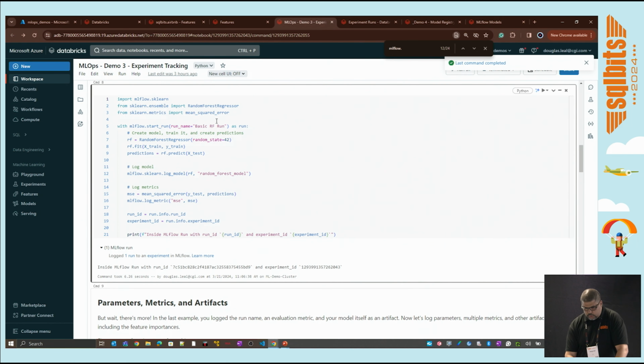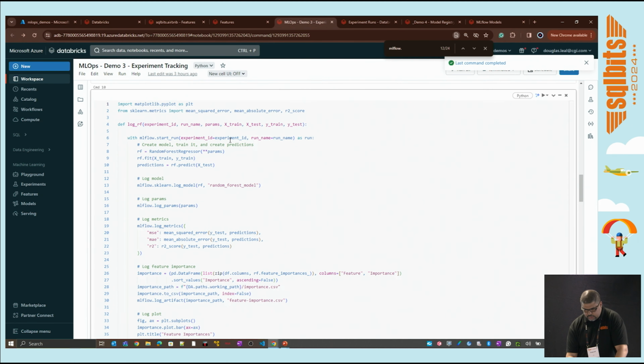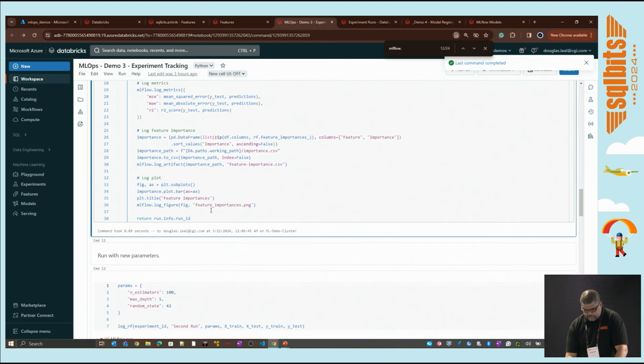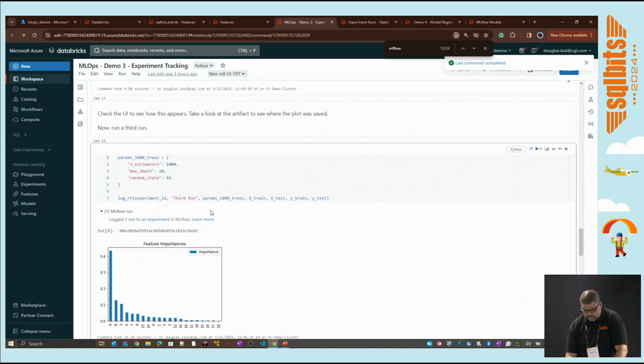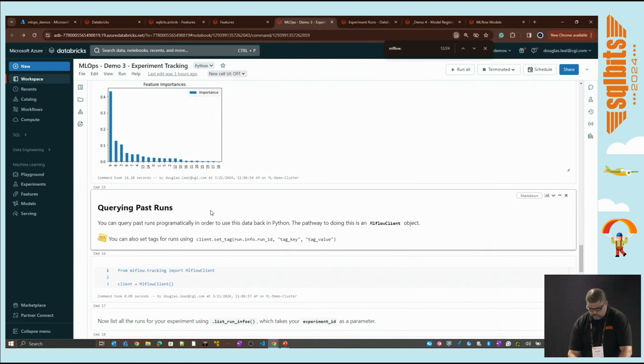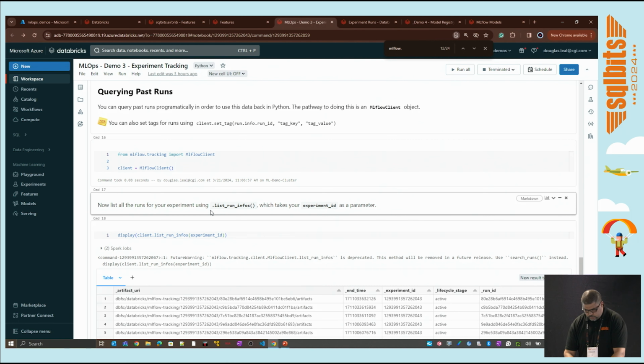So this is one run, right? It's the basic random forest run on this function here. Then I change some parameters, and I run it again, right? And then I change some more parameters here in the bottom, and I run for the third time, right? So what happened is,